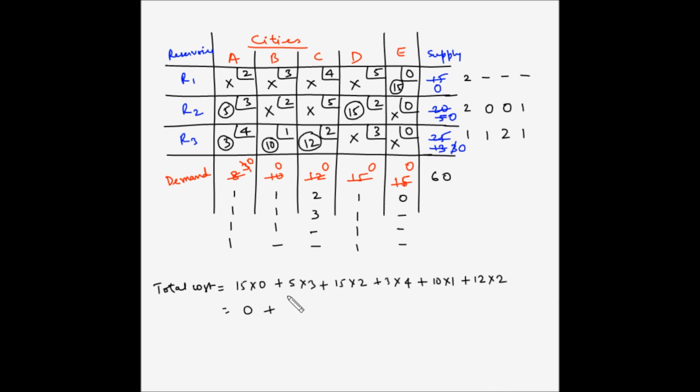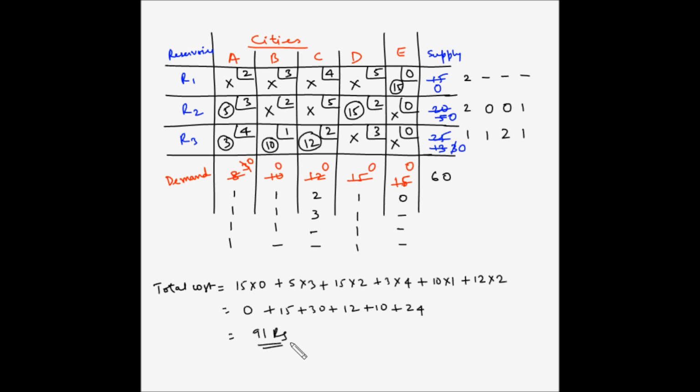So this is 0 plus 15 plus 30 plus 12 plus 10 plus 24. So 15 plus 30 is 45, plus 12 is 57, plus 10 is 67, plus 24 is 91